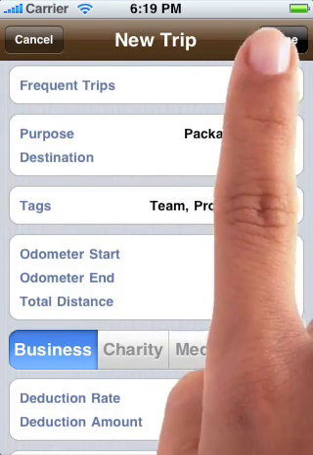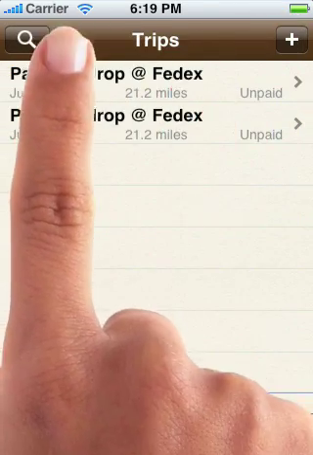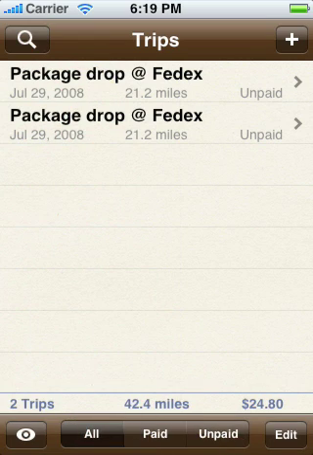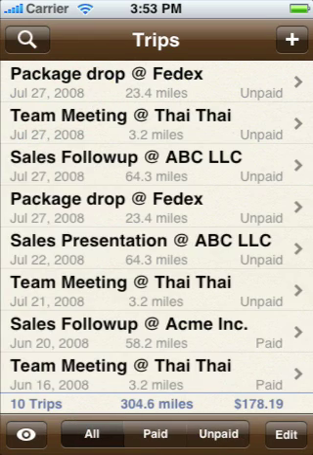I'll fast forward a little bit while I add a few extra trips to show you how easy it is to search, sort, and email a report. Now that a few more trips have been added, let's take a look at some of the searching and sorting options. To change the way trips are sorted in the main view, just tap the Options button on the bottom